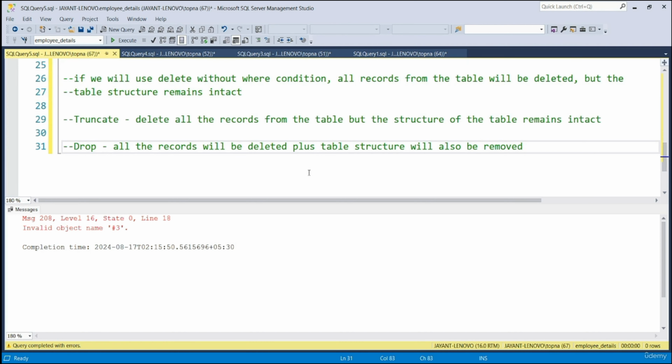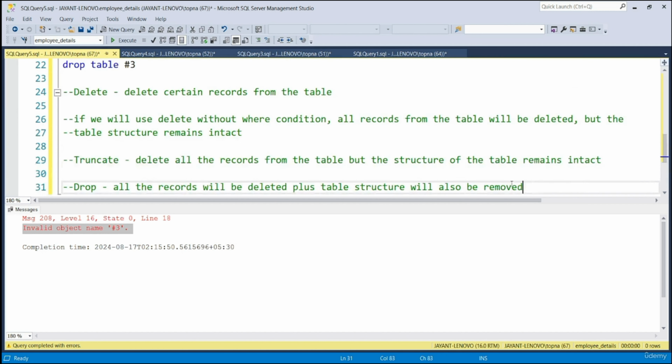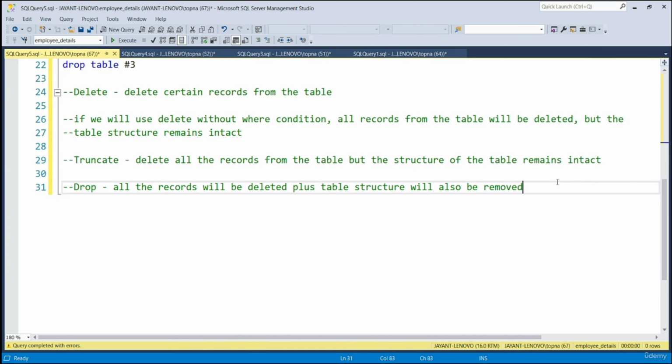That's why when we executed the drop statement on hash3, and after that executed the select statement on hash3, SQL Server showed this error, invalid object name. It was not even recognizing this table because it was dropped, right? So after using delete and truncate, if you run the select statement on that table, SQL Server will not show an error. But if you drop the table and then run the select statement, SQL Server will show an error, because dropped means it will now not be recognized by SQL Server. So this is an important interview question, and you should keep this in mind. And this can be asked in the interviews.